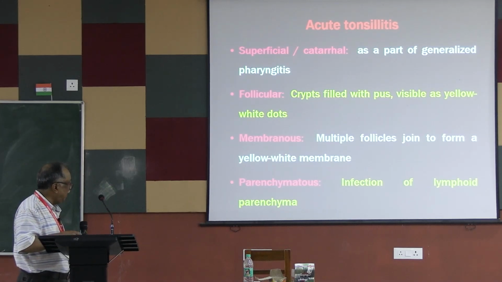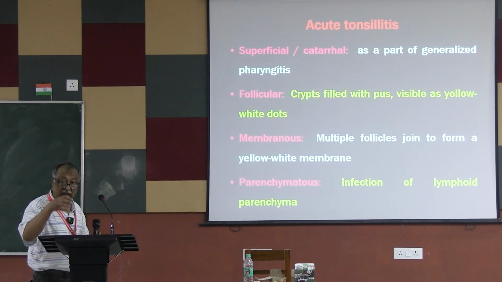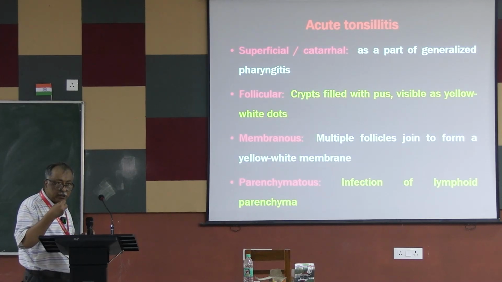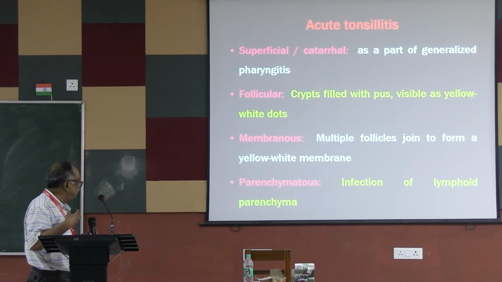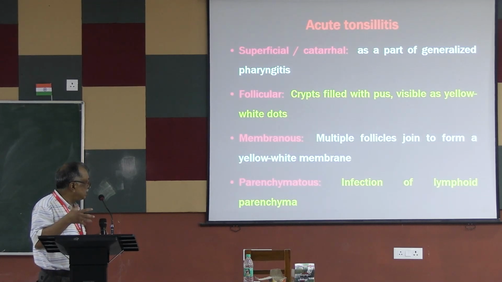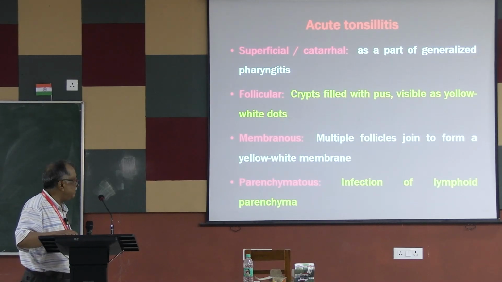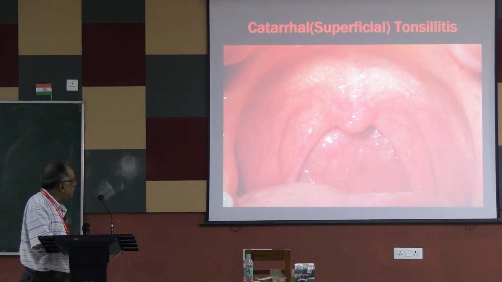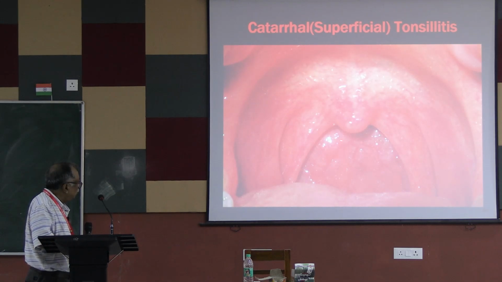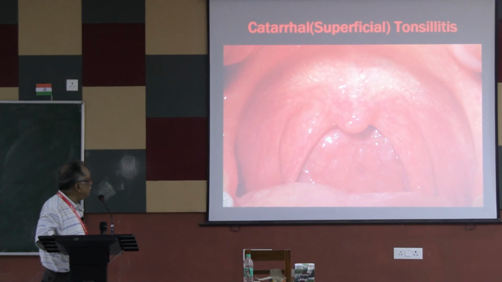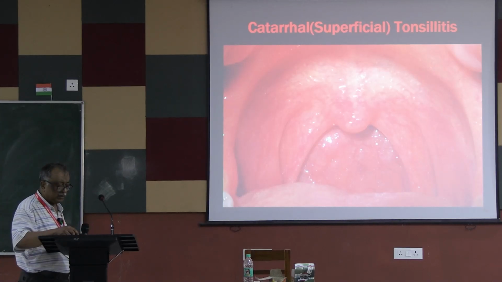The parenchymatous: when the infection is present inside the tissue, either in a small abscess form or it may be just an infected focus, and the tonsil is red and hugely enlarged. That is the parenchymatous tonsillitis. You see, that is the catarrhal tonsillitis, the features: the red hue, and in the pharynx there is also congestion, the pillar is congested, but you see the tonsil is not so much enlarged here. This is the catarrhal tonsillitis, and in case of the adult, it is sometimes the